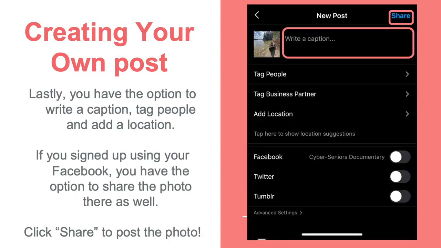And so, like we were saying before, you can write a caption for your picture so you can give some more background. You don't have to say anything, but you might want to give someone a bit of background as to where you were, what was going on. You can write a few words, and you can also tag people just like you do through Facebook. You can add a location that you were at. For example, that picture showed someone in a canoe. You might want to tell people what lake you visited if it was really cool.